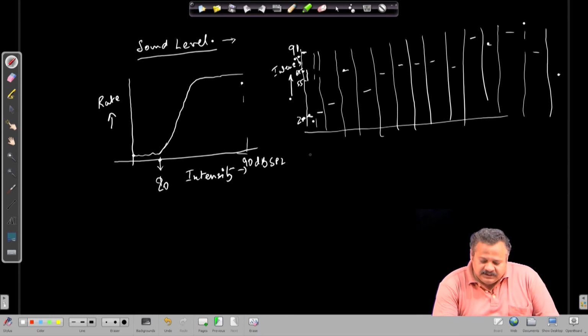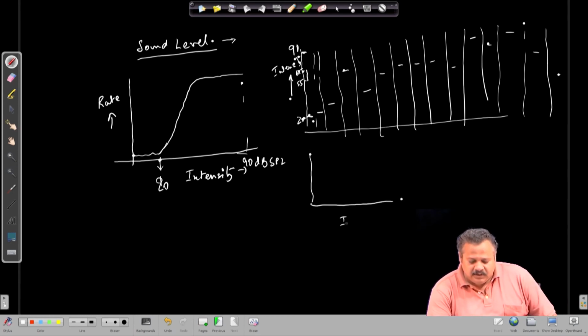So, if we look at the distribution of the sound intensity, so intensity and probability,